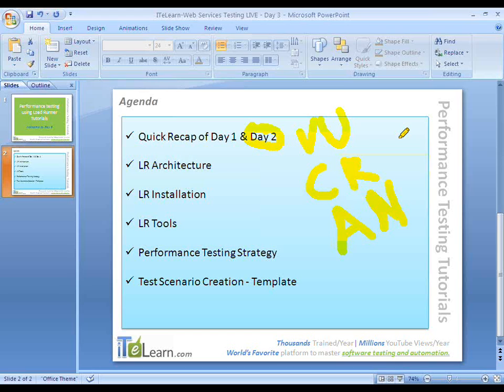As a part of the recap, LoadRunner is based on these three components. The virtual user generator is a tool which helps us create the script.